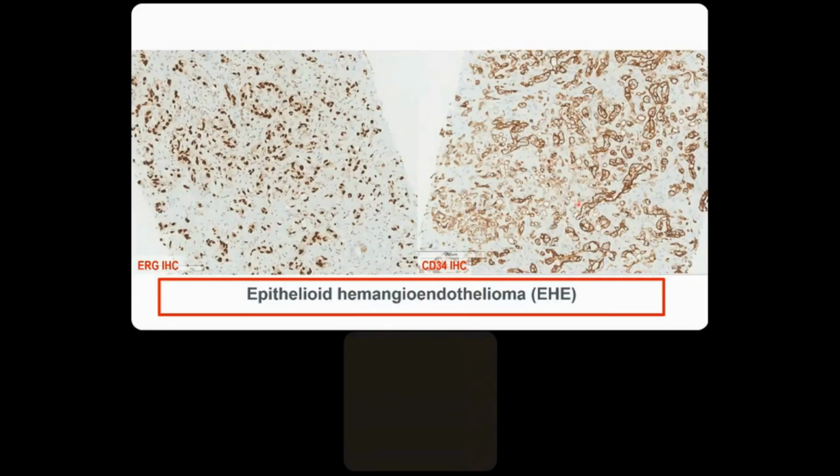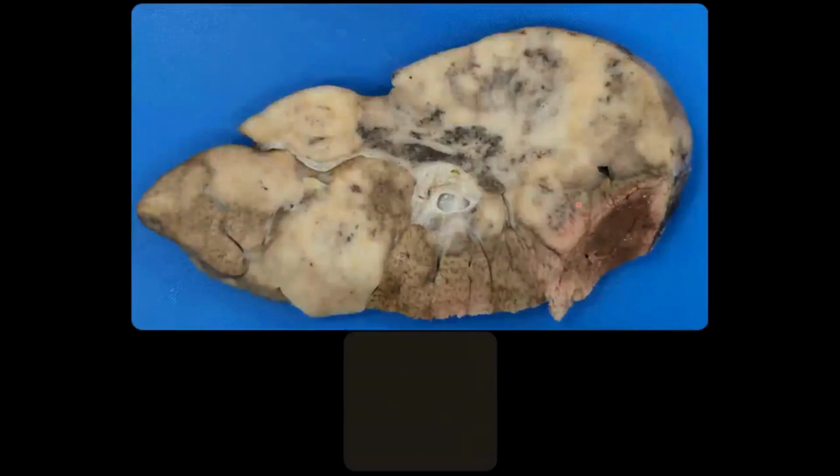And in our experience, epithelioid hemangioendothelioma of the liver can be quite aggressive and should warrant prompt clinical intervention. And here's a gross photograph of a liver with widely invasive epithelioid hemangioendothelioma that